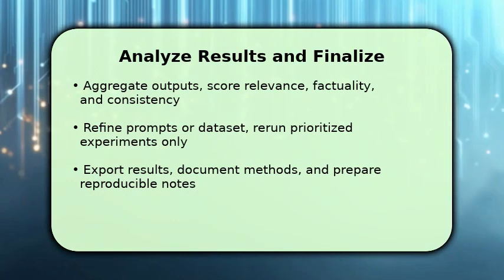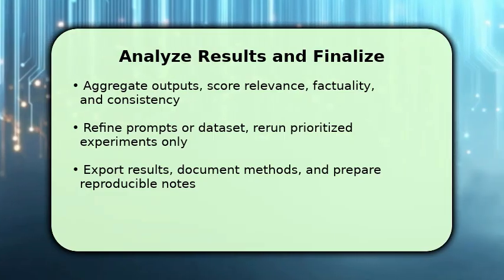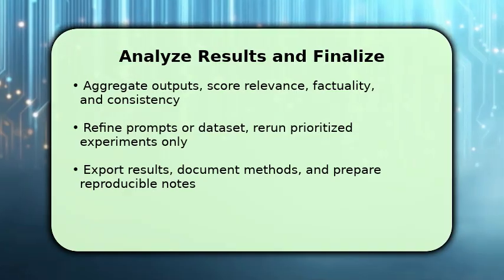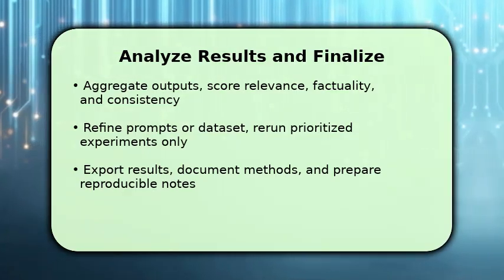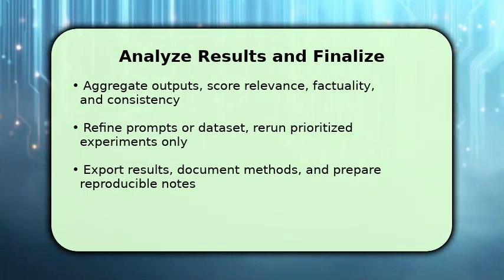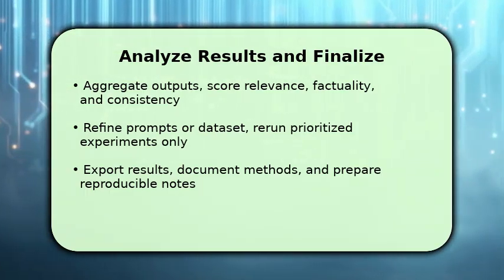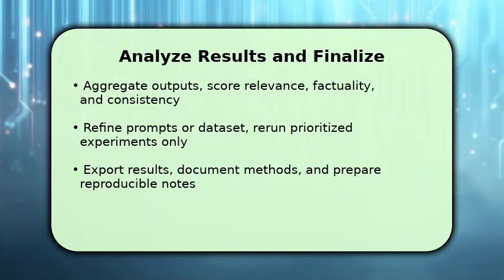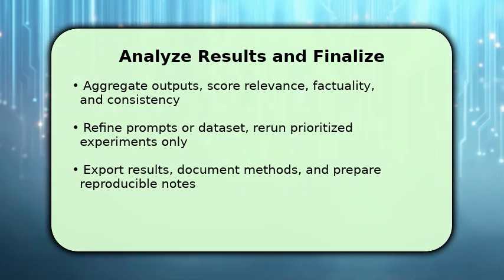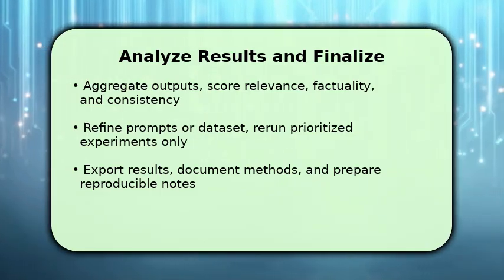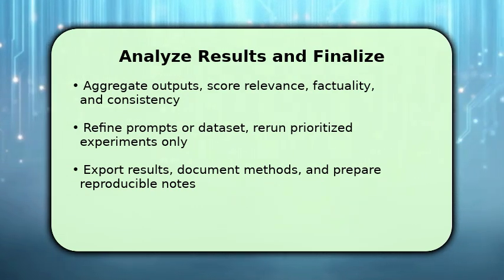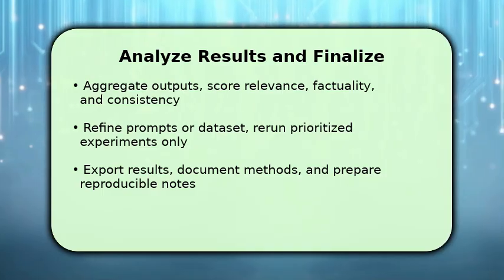Finish by aggregating outputs and evaluating them on relevance, factual accuracy, and consistency against your research questions. Then refine prompts or the dataset where gaps appear, and rerun only the prioritized experiments to save time and compute. Once satisfied, export the cleaned results and document methods, parameters, and versions so others can reproduce your work. If results are noisy, one troubleshooting tip: reduce temperature and increase context/examples in prompts to tighten responses and improve factual